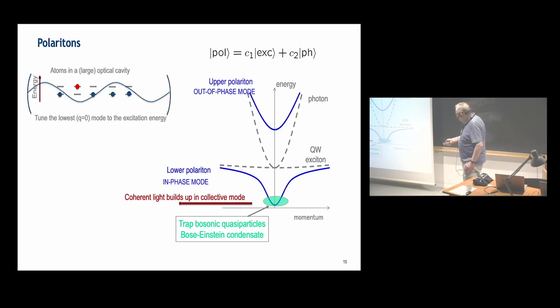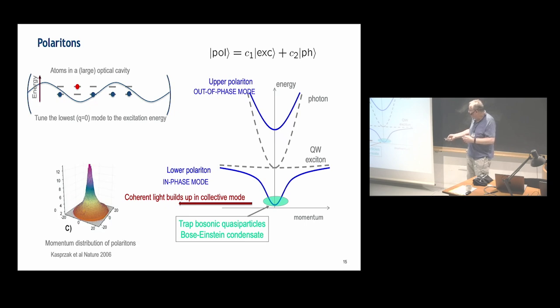Then, if you do, there'll be a distribution of states which will be very strongly peaked near the origin here. And you can actually measure that distribution relatively straightforwardly, because I described the system as if it had perfect mirrors. It doesn't really. Some of the light will escape. But if the mirrors are flat, the light that escapes will keep the momentum that it had in the plane. So you'll actually see a peak in the momentum distribution associated with light emission, associated with something in the center here. And so you can actually map out